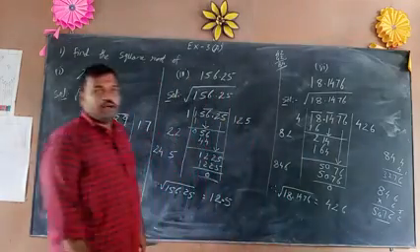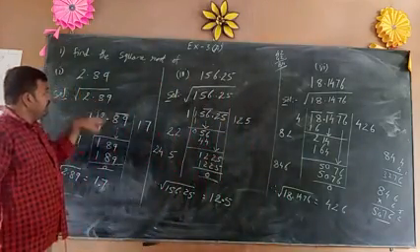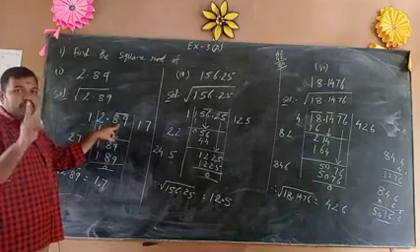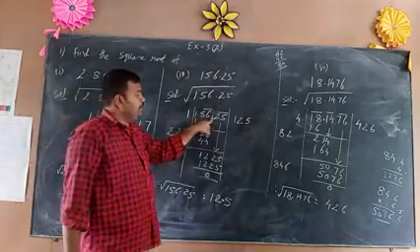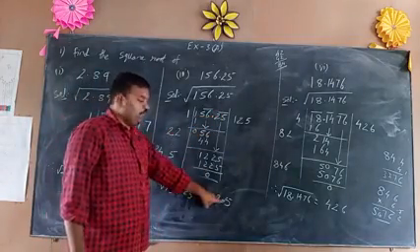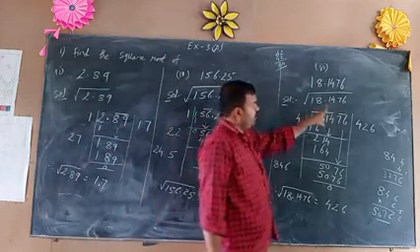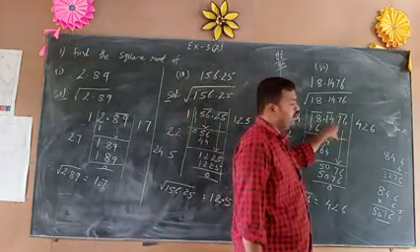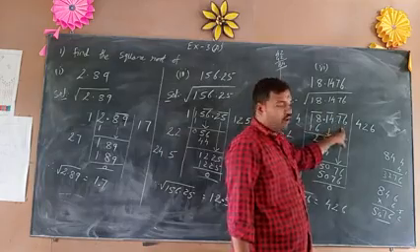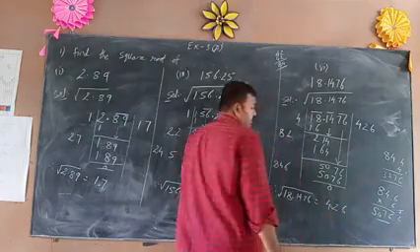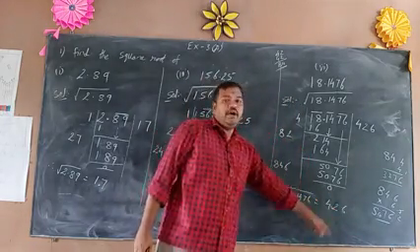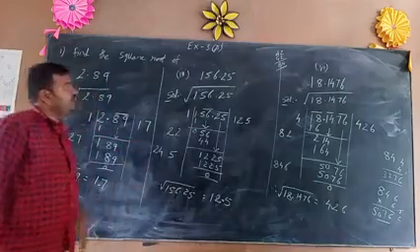How to give the decimal point? In the number, after the decimal point, only one pair is formed, that means one digit after the decimal point. Here also, after the decimal point, how many pairs are formed? Two pairs are formed. So back to front, after 2 digits, you have to keep the point. That is, the answer is 4.26. This is about this sum.